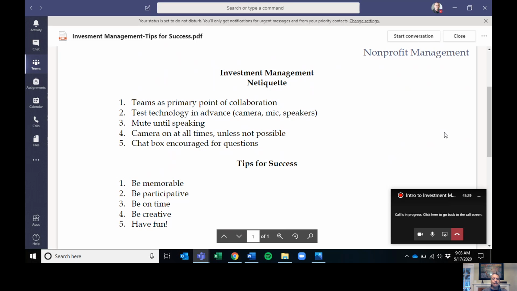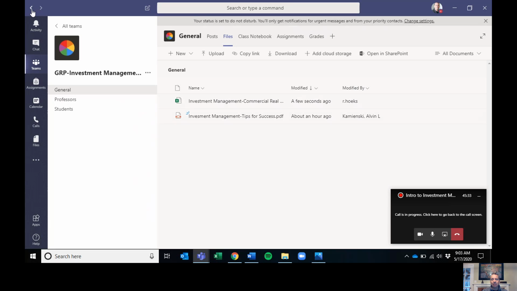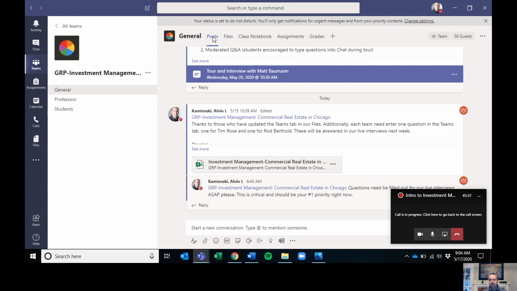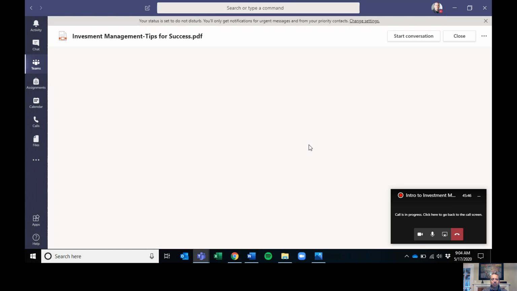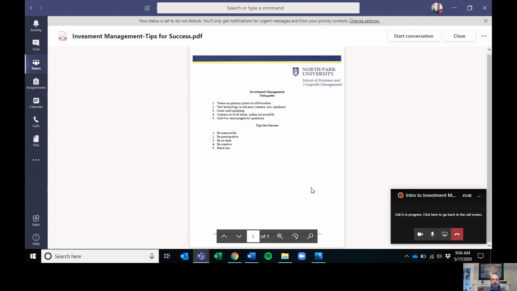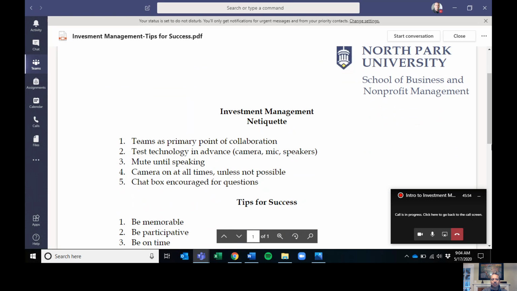So for example, instead of asking questions as it relates to timing in your WhatsApp, please come here instead and type it into the general chat area. Back to our suggestions for success and netiquette. Then the next thing that I would like you to really think about is how are we going to be working together online?